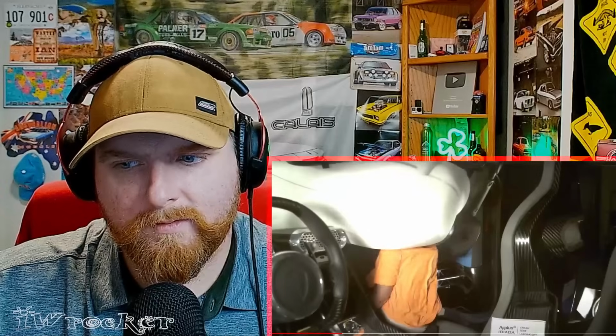For the US, for example, we have to crash test our cars even without belts and install what they call smart airbags that are able to sense if it's a small or a big person sitting in the car, where they're...